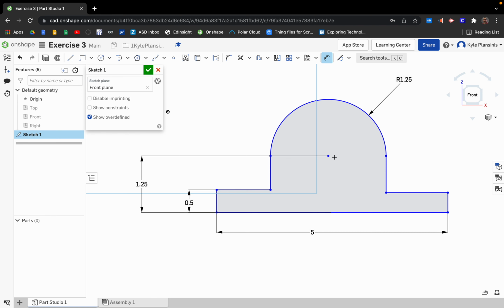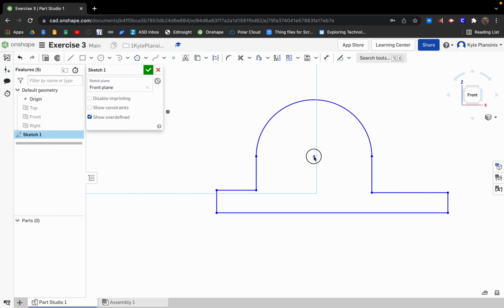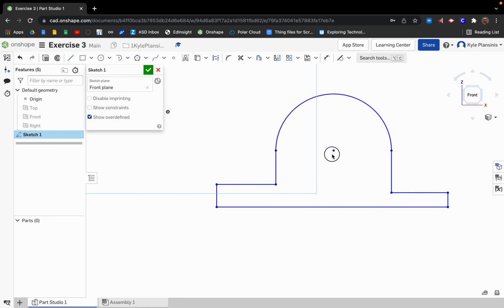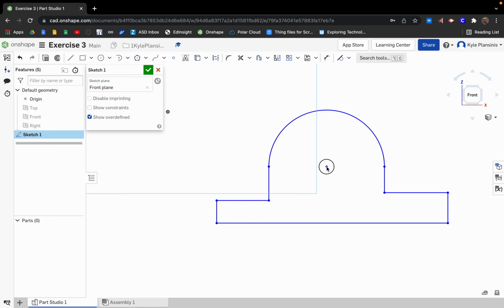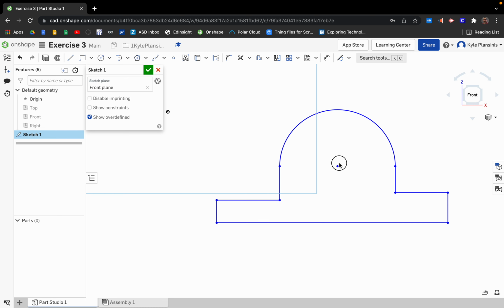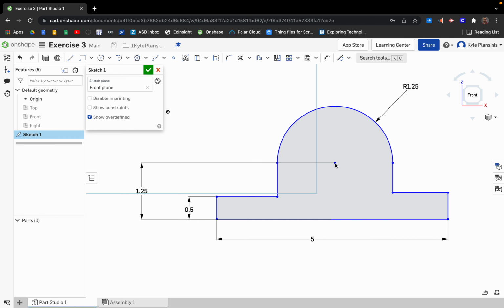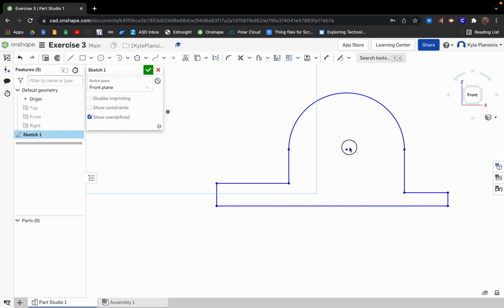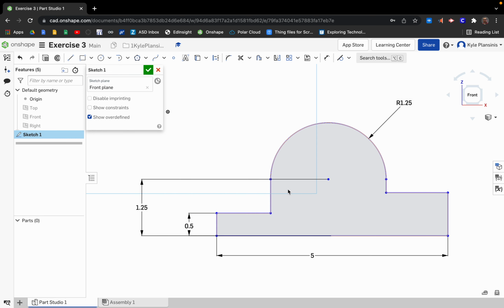So that locks pretty much everything in, but you can see that this distance is not the same, and actually I can slide that around, and I got some more things that are moving. So one check to make sure if everything's locked in place is just grab something and move it. If it moves, it's not locked in place. So right now these are not,